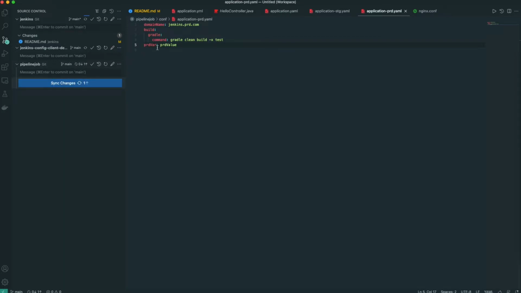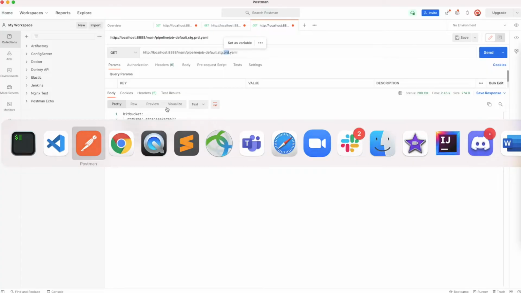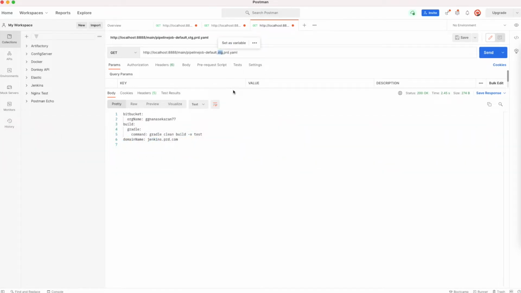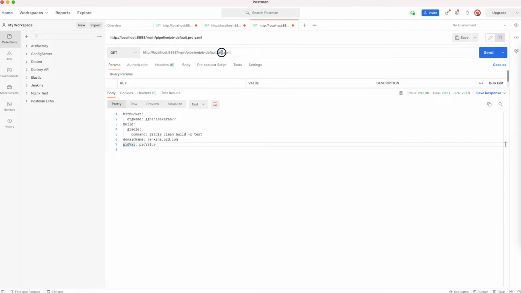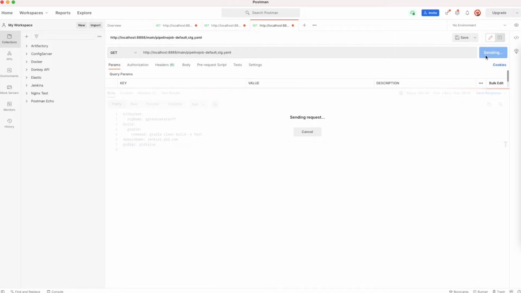This prod var is not declared in stage and in the default profile. So let's see how it works. Let me delete this one. So you can see prod var is coming. But if I call the stage profile, that prod var will not come. So it will do appending as well as overriding. That's how we can form our variables.